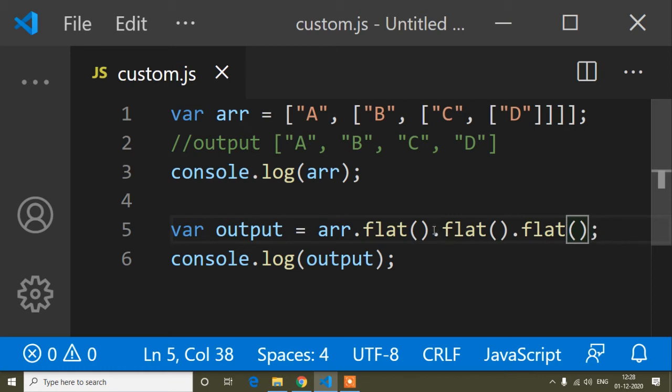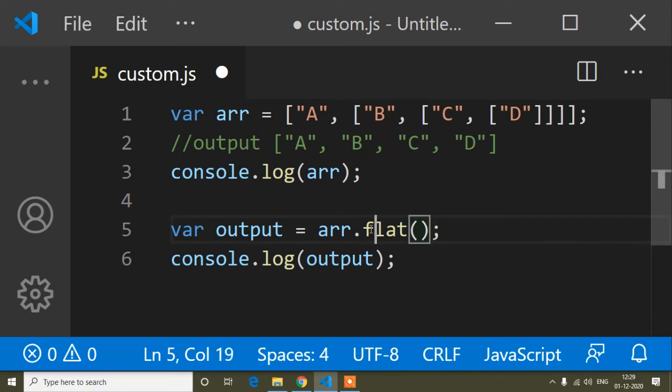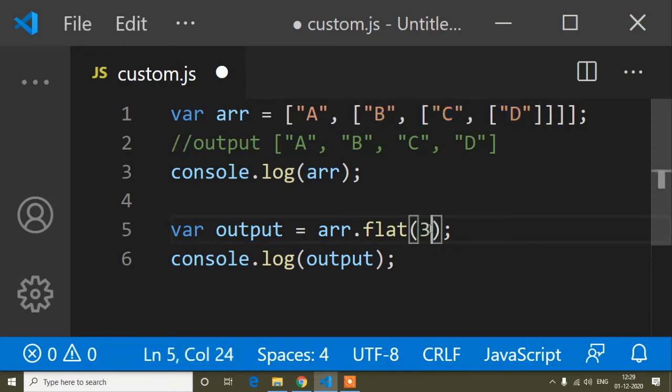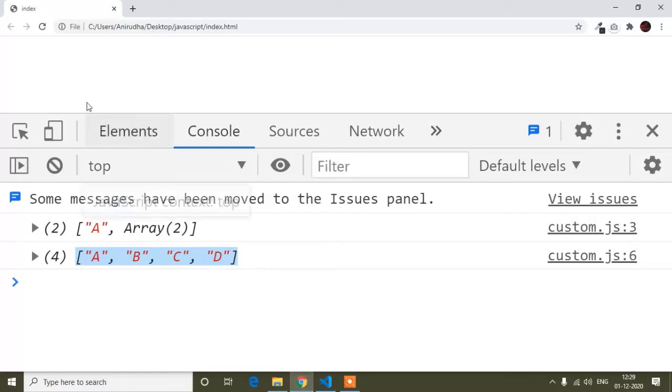So for that we can do one thing. Just write one flat method, and inside the parentheses write how many sub arrays you have. I have 3 sub arrays here, so if I write 3, you can see it comes as a single array.